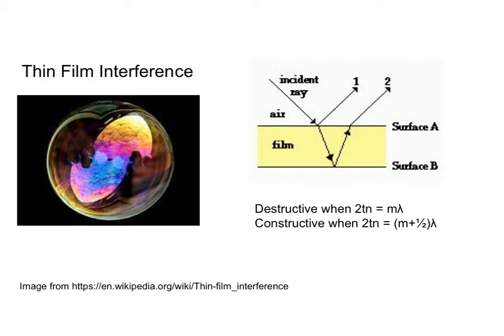So the next thing I want to talk about is something called thin film interference. A really good example of thin film interference is light reflected off a soap bubble, which we can see in this image on the left. When we have thin film interference, we will see some kind of a rainbow of light, and we'll see the separation of the light by its wavelengths. The reason this happens is that we have an incident ray of light that hits our film. Some of it is reflected, but some of it gets refracted through the film, and when it hits the inside of the film, it'll be reflected off of that